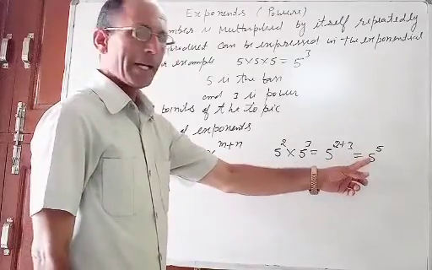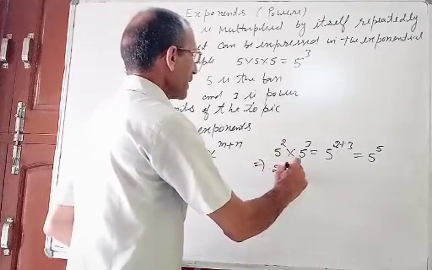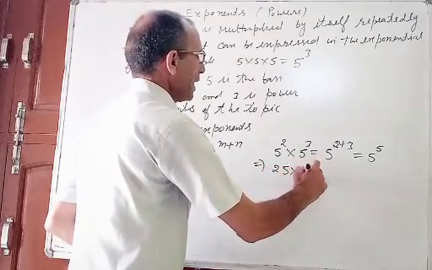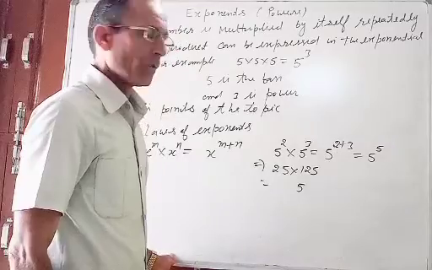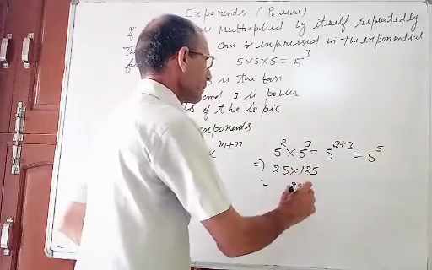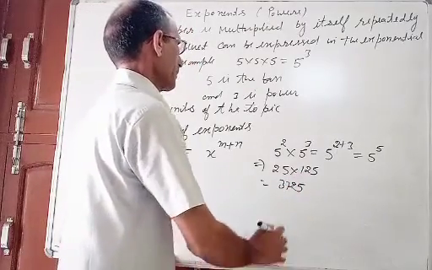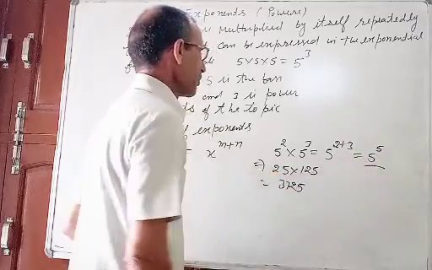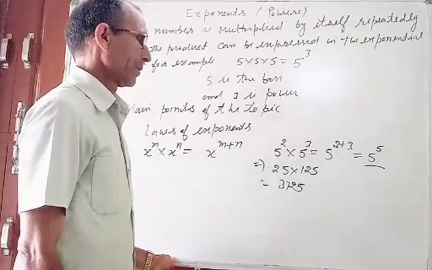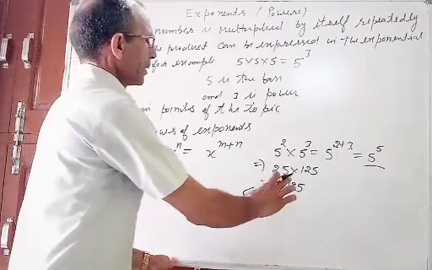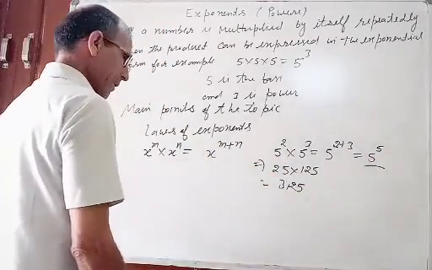It means if we multiply 5 five times, the result will be equal to this. You can check. 5 5s are 25, 25 5s are 125. Now multiply them. So 3125. So this also will be equal to this one. Yes or no? 3125. So 5 raised to the power 5 also gives the same result. So this is the first law.